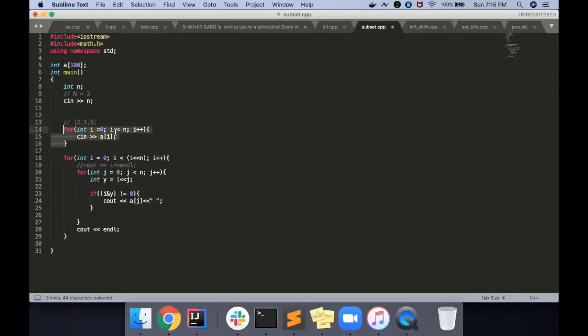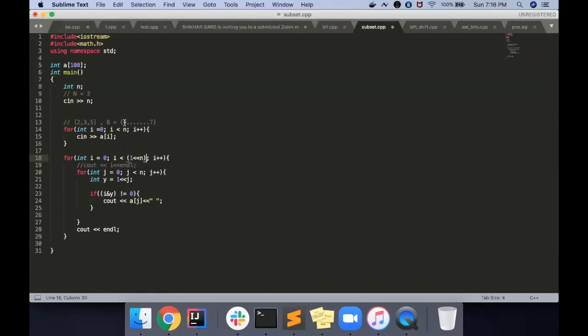Okay. So here every number is giving me a subset. So what are the numbers? For 8, the numbers were from 0 to 7, so 0 to less than 8. Like we learned today, 1 less than n is 2 to the power n, so you can find it anywhere. You can also use 2 to the power n, but like I told you in the previous lecture, don't use the power function. So you can also use this. Both are the same. So the outer loop is from 0 to 7.